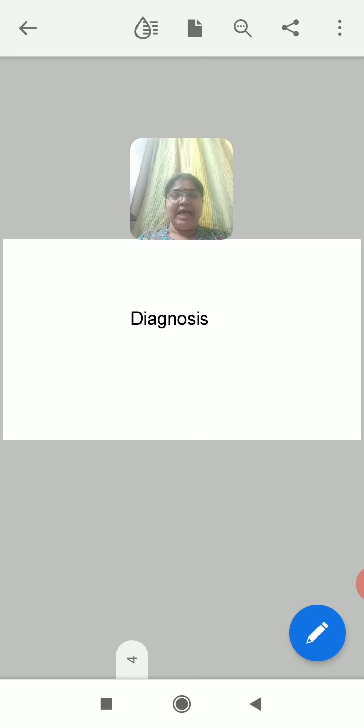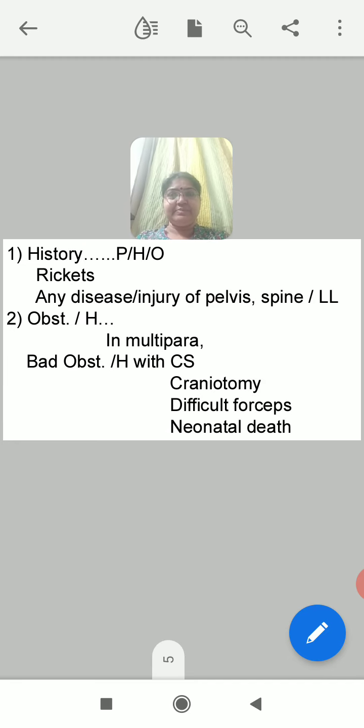Now diagnosis. How can you diagnose this condition? First, history. You will get past history of rickets, any disease or injury of the pelvis, spine or lower limb. When you take the case of the woman and find such past history, it is likely that she may